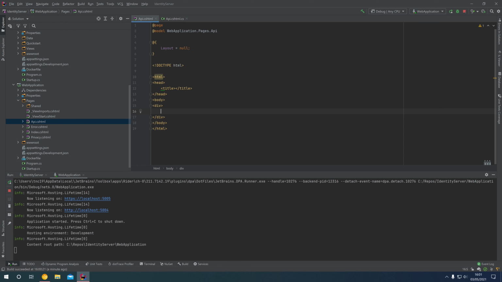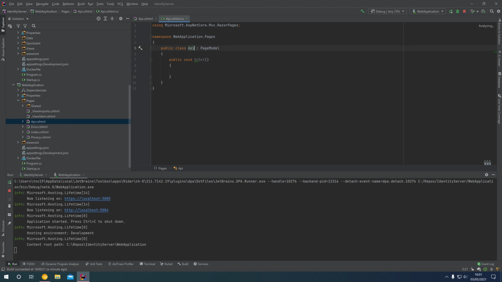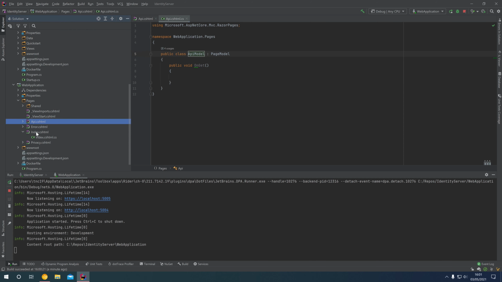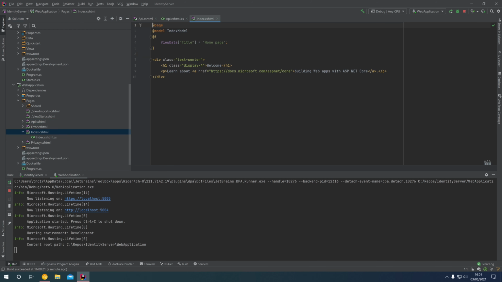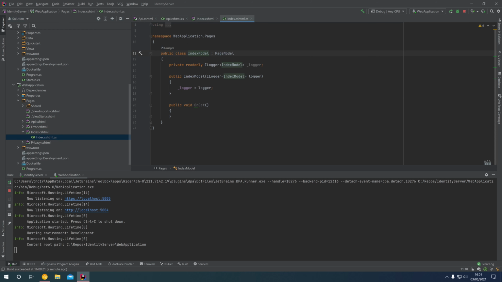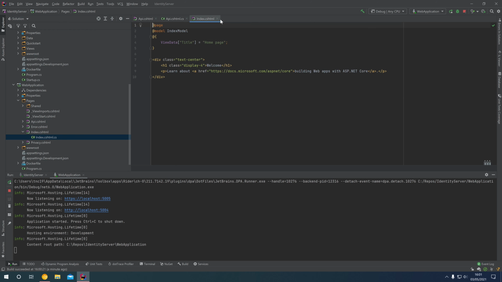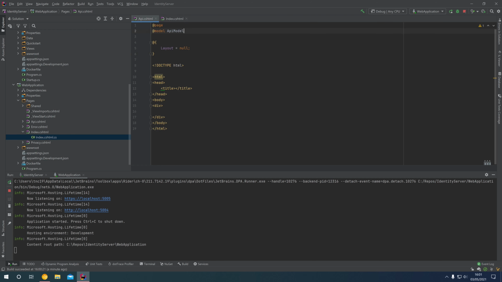What we can do is we can leave the page annotation as is, and the model we're simply going to update to API model, like so. And inside our code behind, we could simply name the class API model. And this is then consistent with all of the other pages and the page models that are already configured in this project. So, closing the code behind for now, which we will come back to a little bit later on,